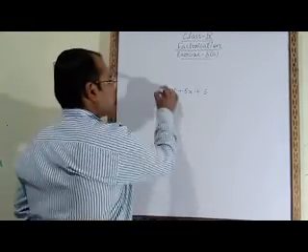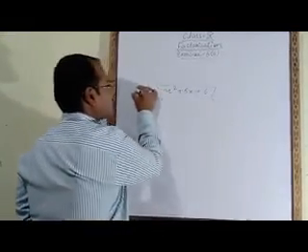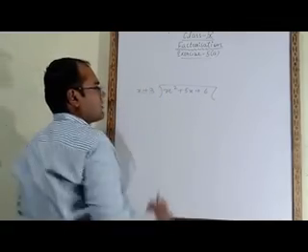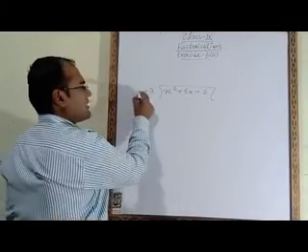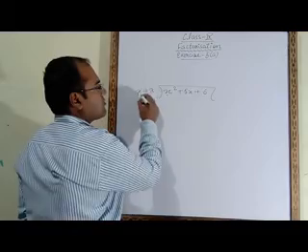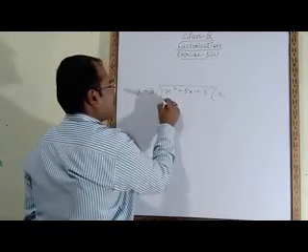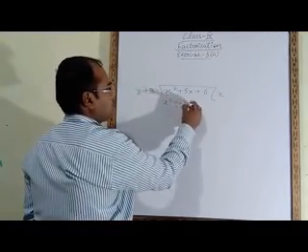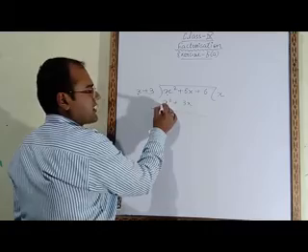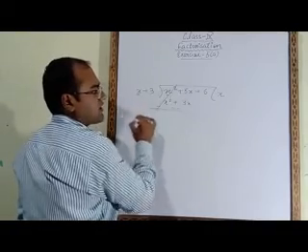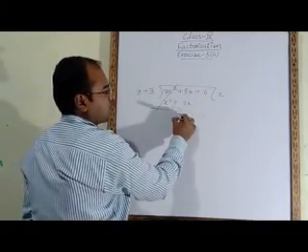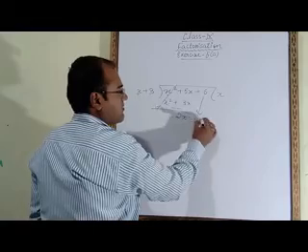If I divide this algebraic expression by x plus 3. So this is x. In order to make x square, what I have to do? I have to multiply with x. So I will get here x square plus 3x. Now we will change the sign, minus minus. These two will get cancelled. 5x minus 3x will be 2x. This plus 6 will come here.